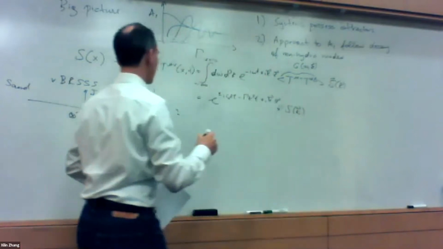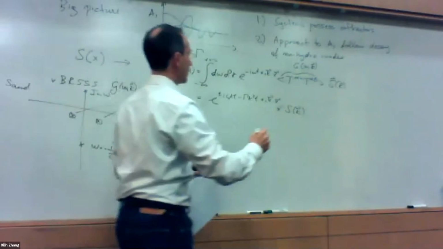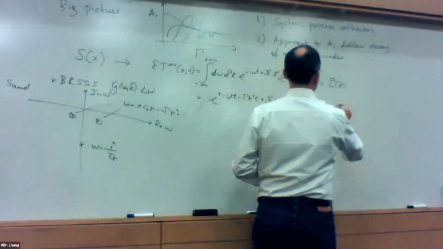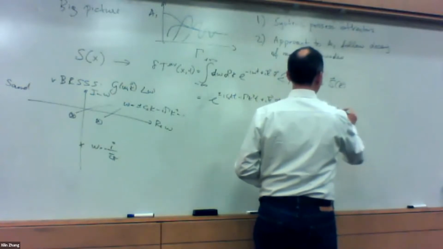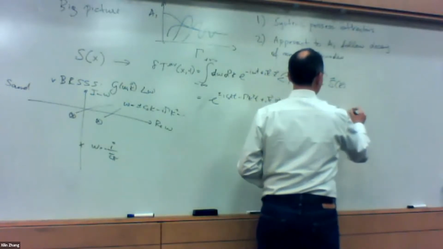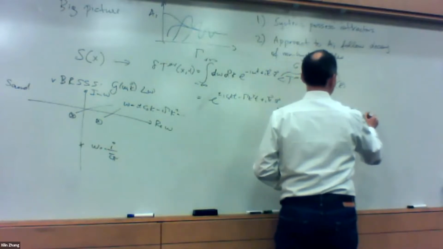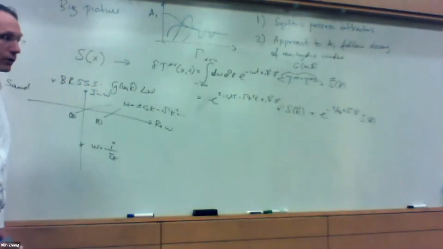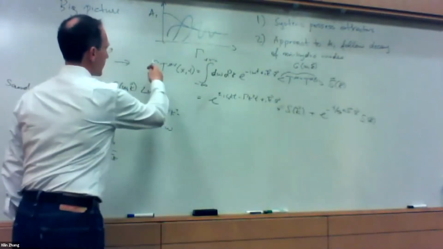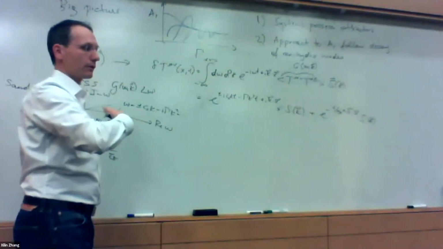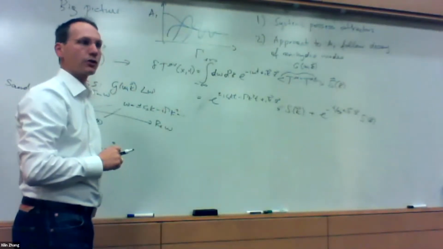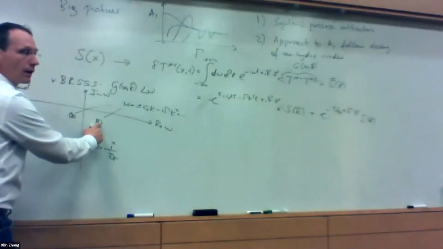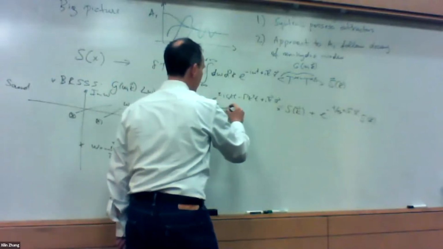And then in addition, I will get a contribution from this guy here, plus e to the minus t over all pi plus ikx, also times s of k and residues. How does that look like in real time? Well, it says the response is given by sort of the sum of all modes in the system. Okay, so here I have two modes, the two sound modes, and I would claim that these two sound modes really are